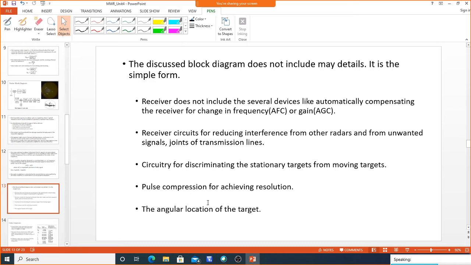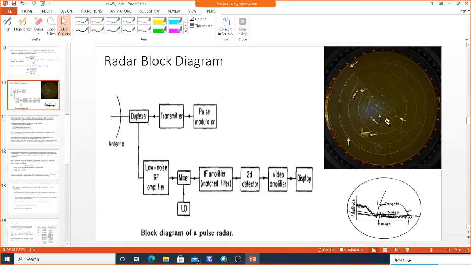Also, we discussed pulse compression and the advantage of pulse compression to achieve high resolution, but that is not included, and also the angular location of the target. This plan position indicator will only give the azimuthal plane. Even if you want the other planes, that will not be there with this indicator. Okay,